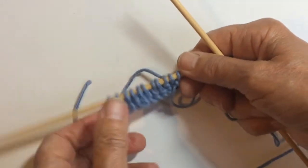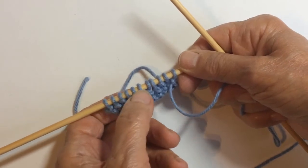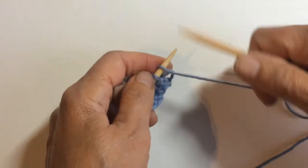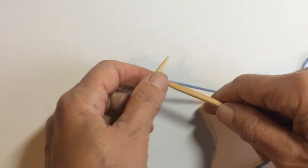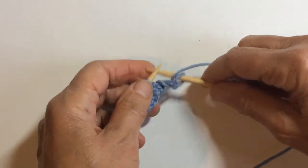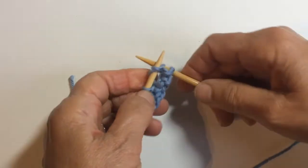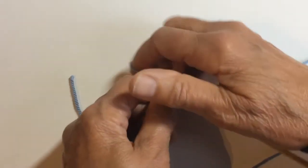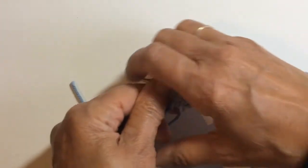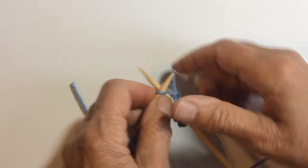Now on this needle I've got an odd number of stitches, 1, 2, 3, 4, 5, 6, 7, 8, 9, 10, 11, which means that I can always start with a knit stitch and always go knit and purl, because it will always stagger. If, however, I had an even number of stitches, I would have to start my second row with a purl, because the way seed stitch works is what you're doing is you're